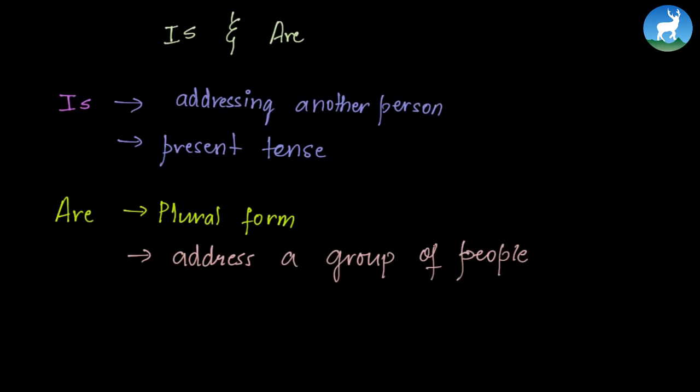Now let's see some examples of using is and are in a sentence. So let's begin with one of the girls. Now, one of the girls. If we look at girls separately, leaving out one of the, it's plural, right? Girl, girl, girl. More than one girl makes girls, right? However, we are talking about one among the group of girls.